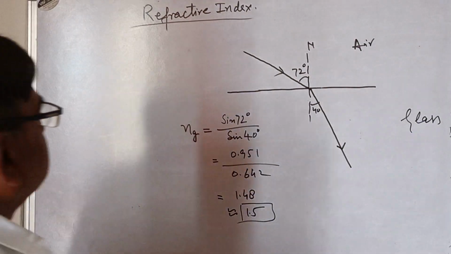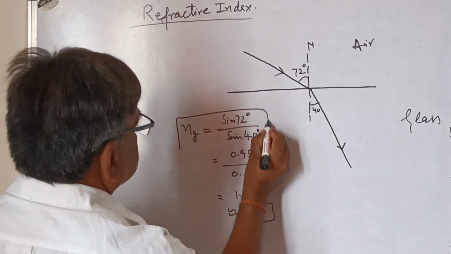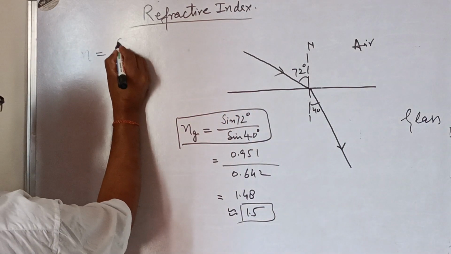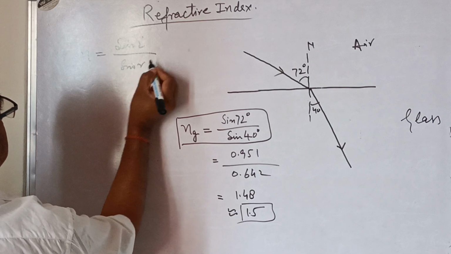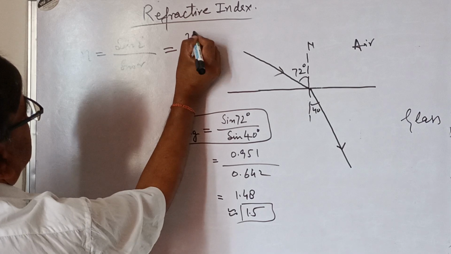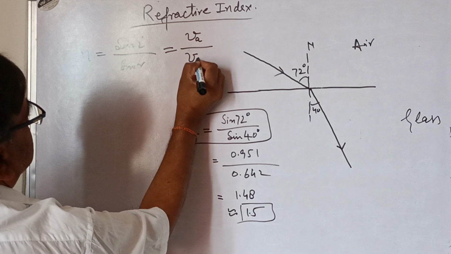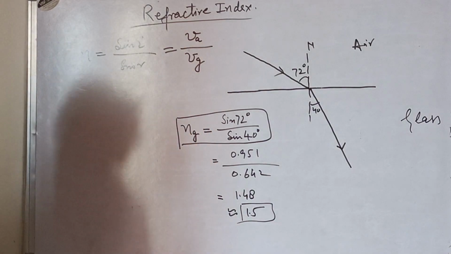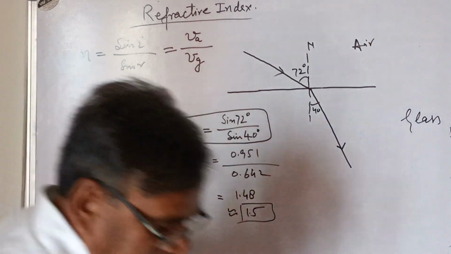Now take this one sine formula: n is equal to sine i by sine r, and it is velocity in air by velocity in glass. The first medium is air, and second medium is glass. So this is also true. Here the question is,